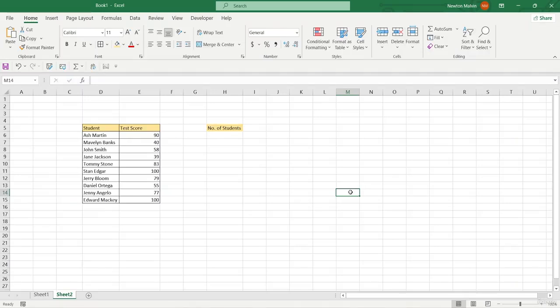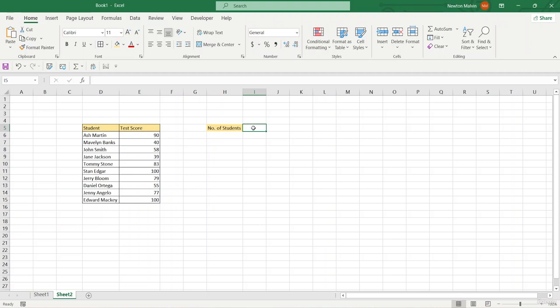So in Microsoft Excel you can see that I've created this chart over here that we can use to count the number of students. Now the count formula differs from the sum formula, but it's applied the same way. For instance, if I want to count how many students are here, I created another box over here, number of students, and I have their test scores as well. Take a look here. If I want to count how many students I have in my chart,